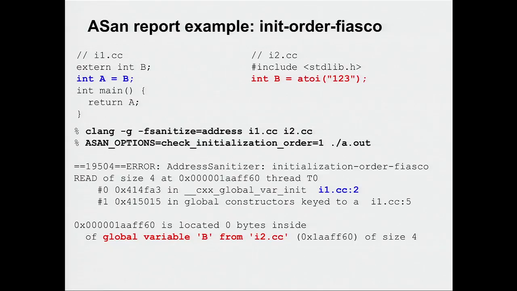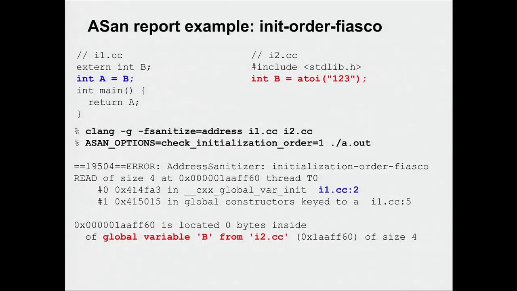So now we'll talk about the new features of AddressSanitizer, which don't relate to buffer overflows. The first of these features is the checking for initialization order problems. Global variables are bad in C++ in many ways, but one of the specific errors that we're trying to find out is the initialization-order-fiasco. That is, the order in which the globals from different source files or translation units are initialized is